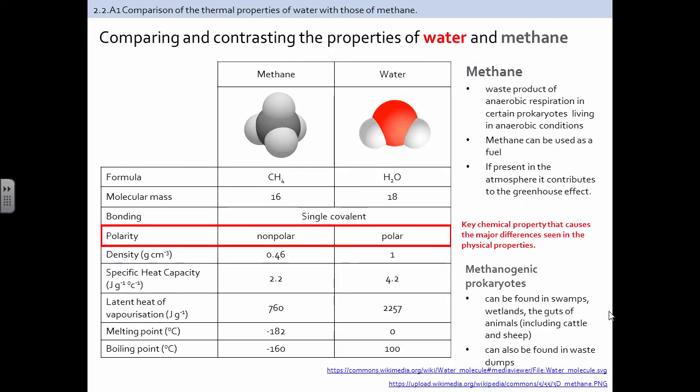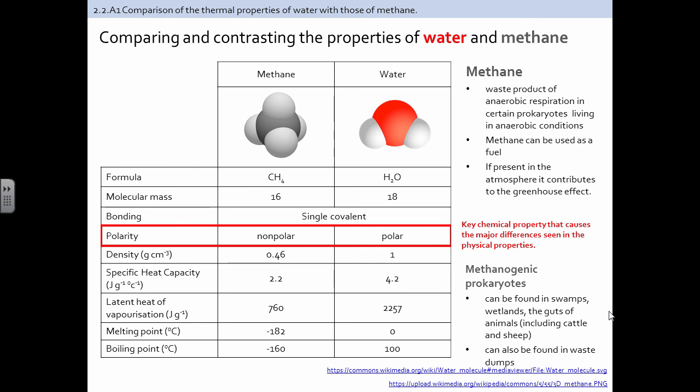Okay. And then we're also going to look at the properties of water and methane. Methane is a small nonpolar molecule. Notice that they're roughly the same as far as molecular weight goes. They're very small compounds, and they do have covalent bonds, but one has nonpolar covalent bonds and the other has polar covalent bonds. It's important that you understand that methane is not very dense in comparison to water. Water has a density of 1 gram per cubic centimeter, and the specific heat capacity of methane is much lower than it is for water, and the heat of vaporization for methane is much lower than it is